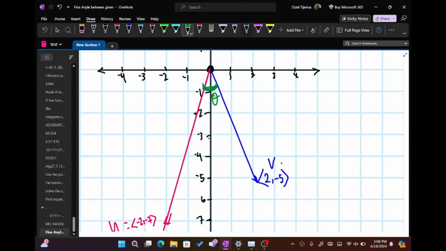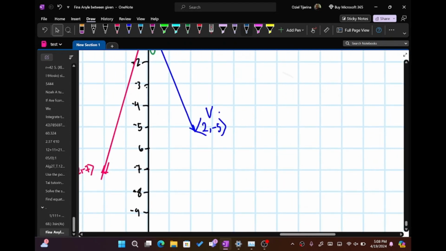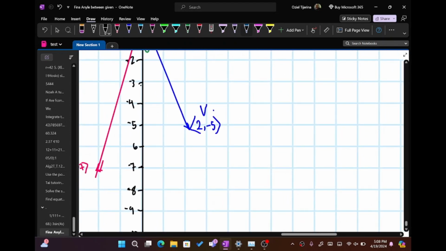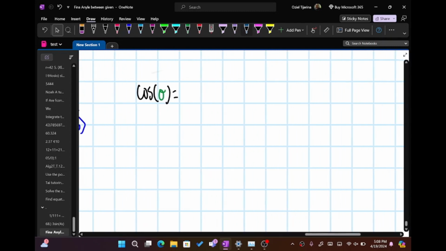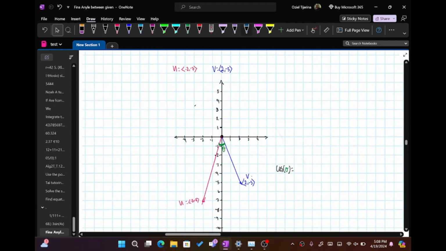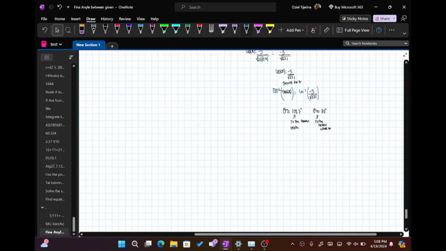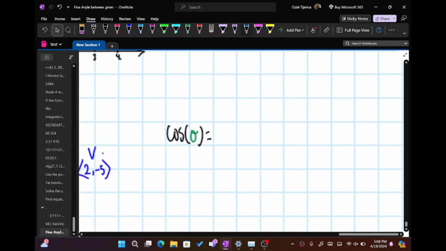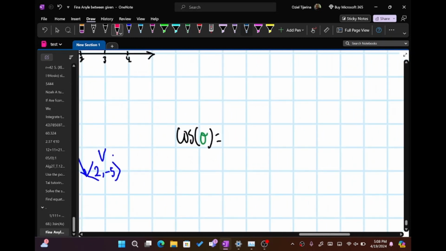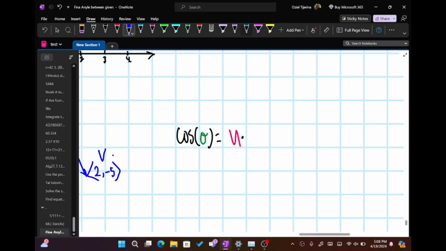Call it angle theta. And again, we're going to use the formula that the cosine of theta is equal to, I think, what was it again? I think it was u dot v over magnitude u times magnitude v. Yeah. So u dot v, so again, we're just going to go ahead and do this. U dot v over,